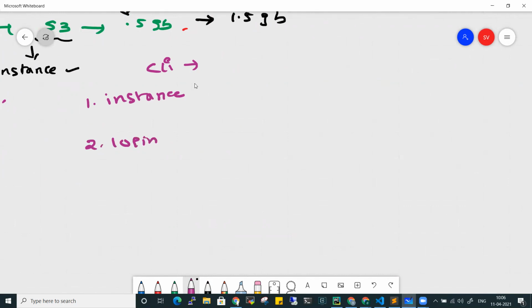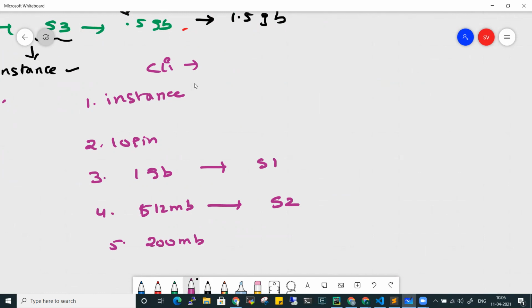In order to replicate all this data, I will be downloading 1 GB of content and taking snapshot 1. Then I'll download another 512 MB of data and create snapshot 2. And then I'll download 200 MB of data and create snapshot 3, right? So now we have snapshot 1, snapshot 2 and snapshot 3 available in our console.